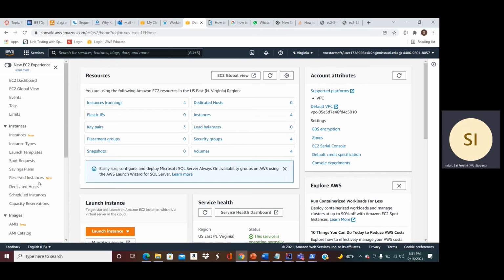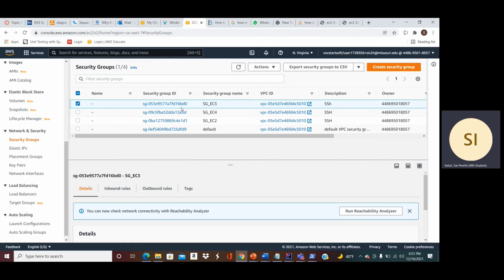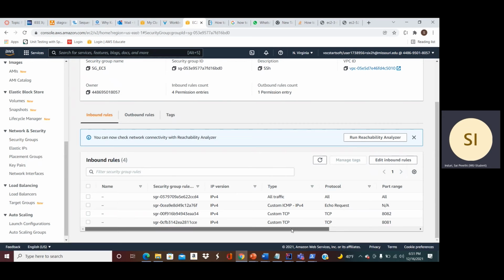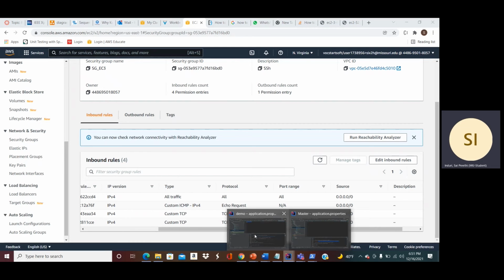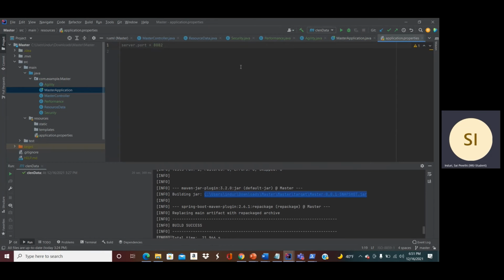For these applications, I was using security group 3, which is this one. If I go into it, I can see there are configurations related to use 8081 and 80 ports. And we also need to mention that particular port in their application properties. For the resource monitoring application, we are using 8081, and for the master application, we are using 8082.